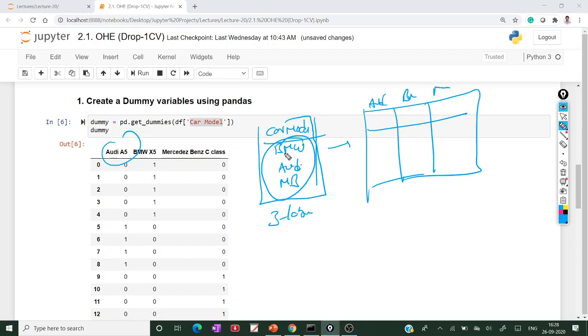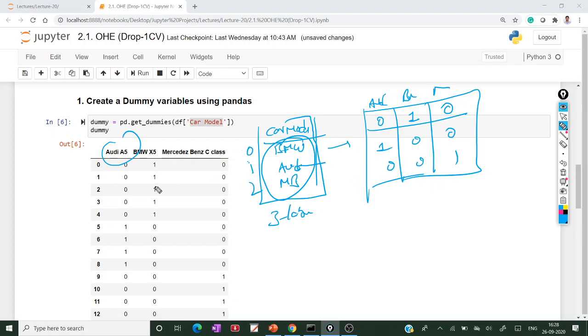For example, for the 0th index, BMW is 1 and the rest of the columns are 0. If it is Audi, Audi is 1 and the rest are 0. If it is Mercedes-Benz, 0 0 1, like that.